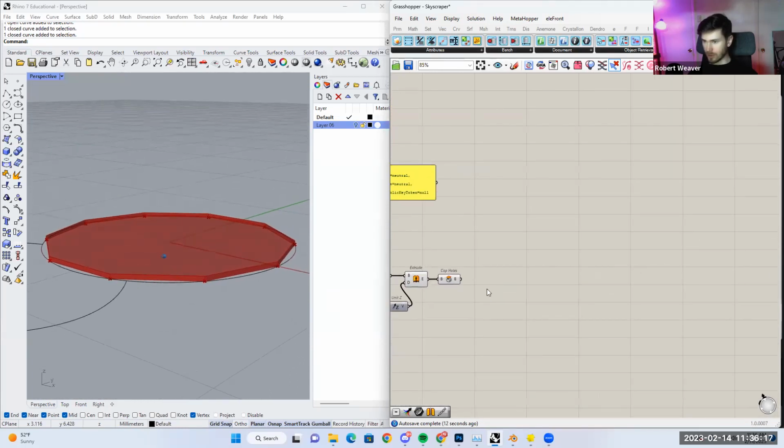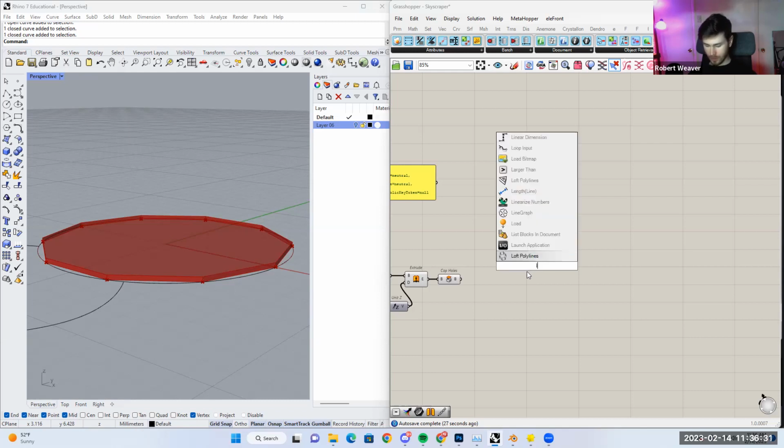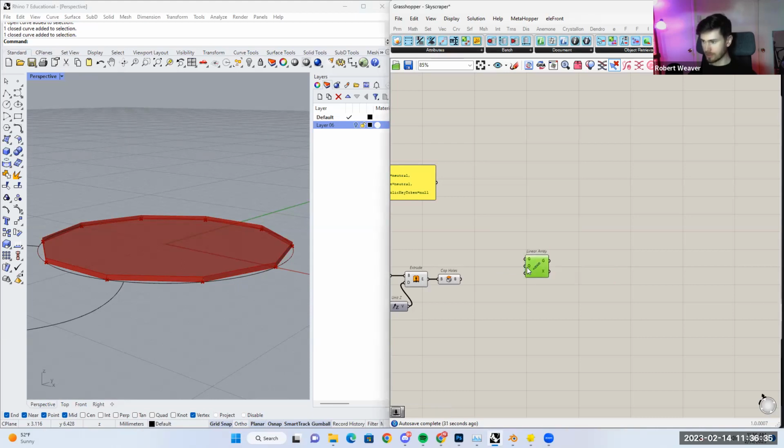So now what we can do is create the multi-stories of this structure. And again, super easy way to do that. We can just create a linear array. So in one direction going up, we just want to create many different floors. So we can grab the linear array component,